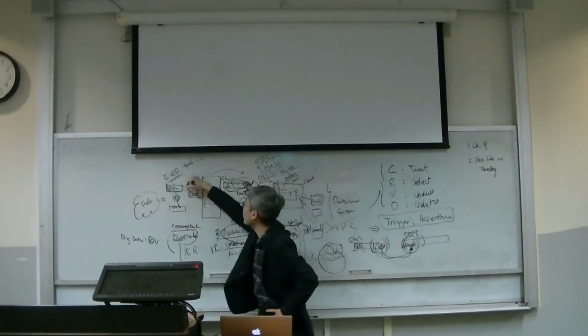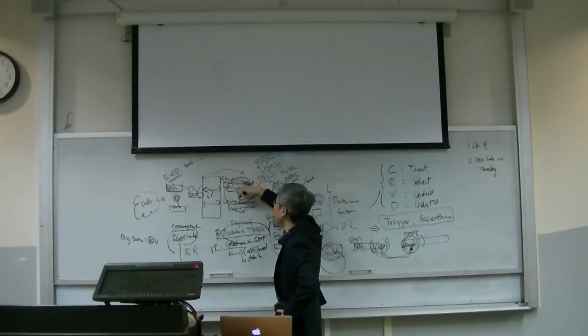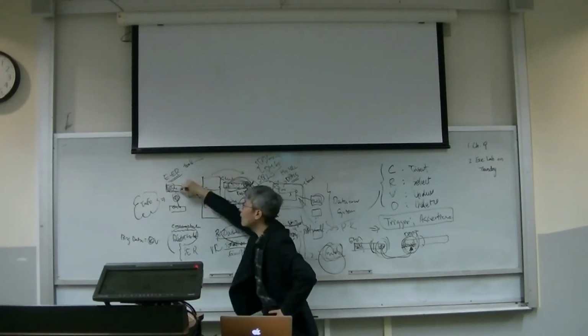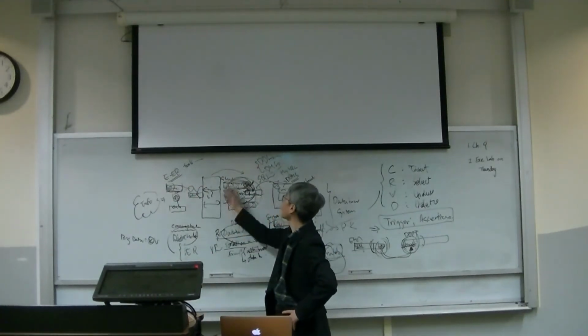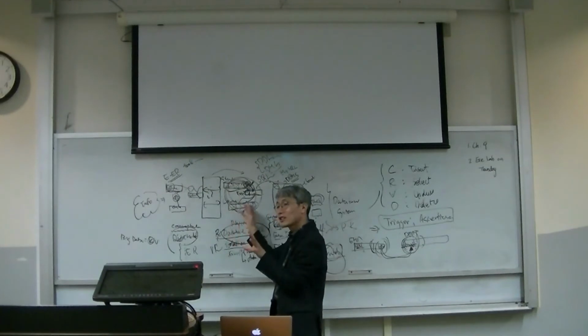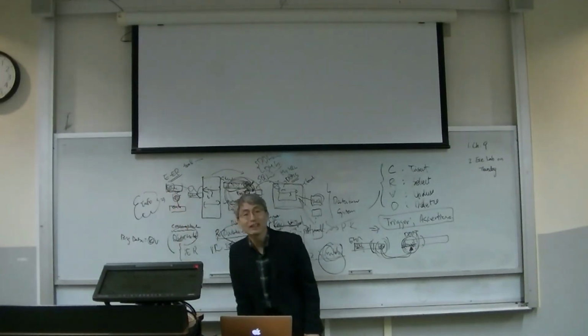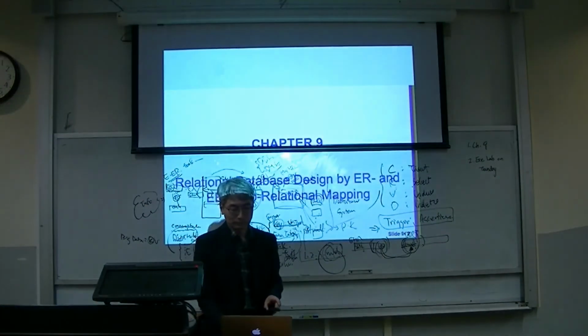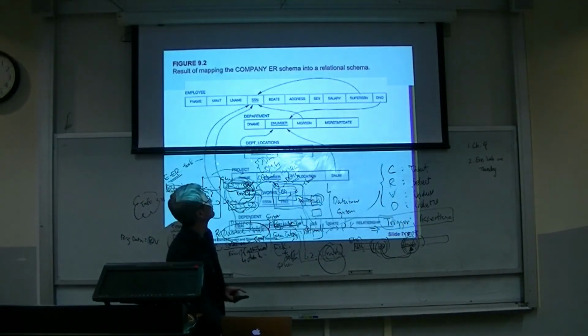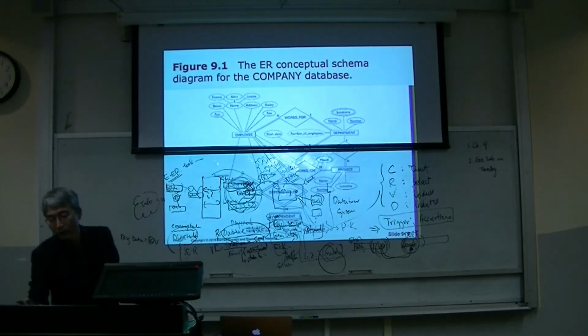In other words, how to create the relational database model from the ER model. So, in other words, how to draw the relational schema diagram from the ER diagram. So, for example, this is the example of